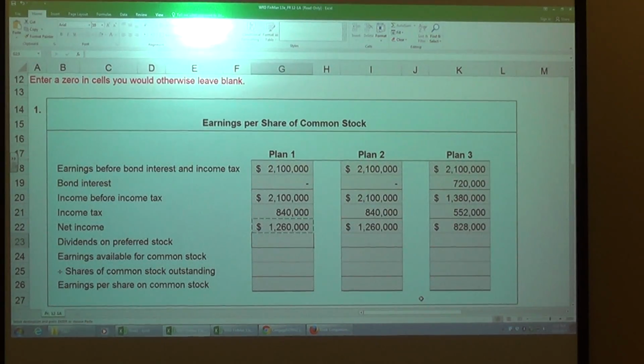All right, so we have dividends on preferred stock. As you can see in Plan 1, we don't have any dividends at all because we don't have any preferred stock. So that's 0. The next one, we have $900,000. So this is where it gets $9 million, excuse me. So this is where it gets a little confusing here, because we then have to figure out how much that is going to be. So in our calculations here, and I'll put this in the spreadsheet,